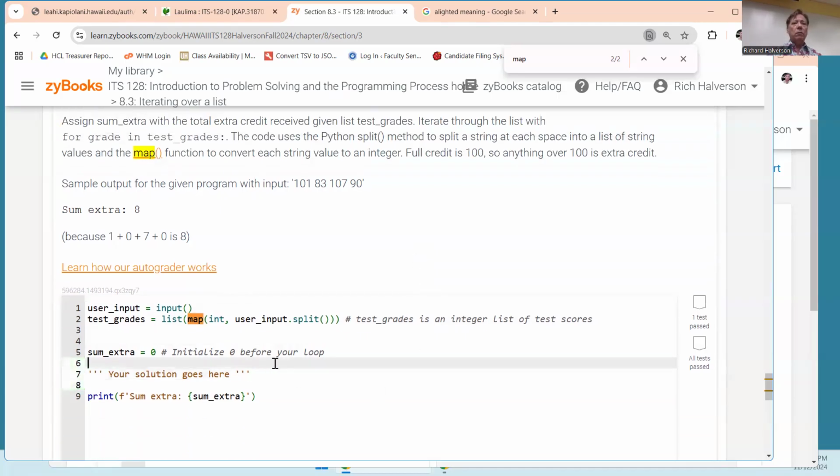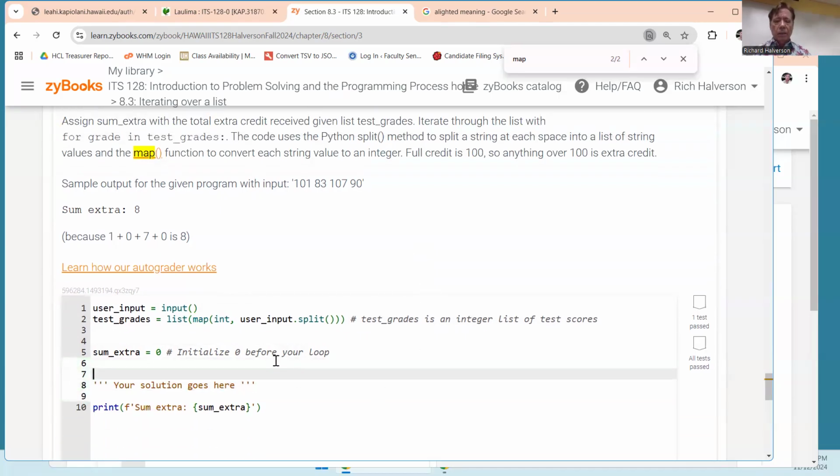Okay, so anyway, we put our solution here, and we're going to do for grade in test grades, right up there. For grade in test grades,